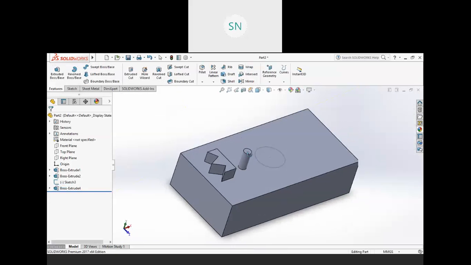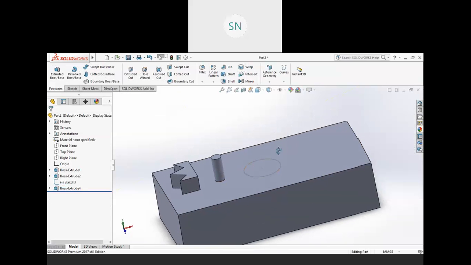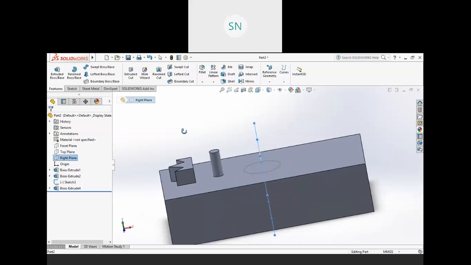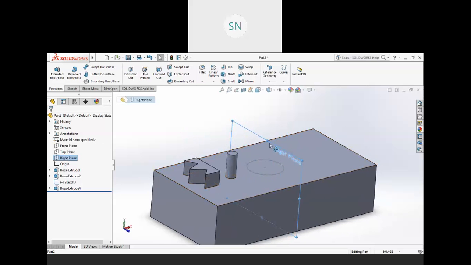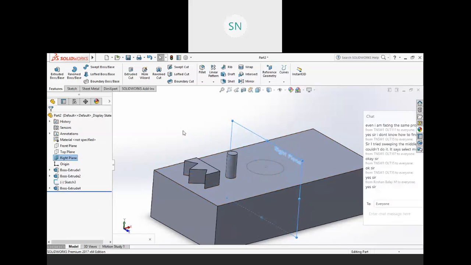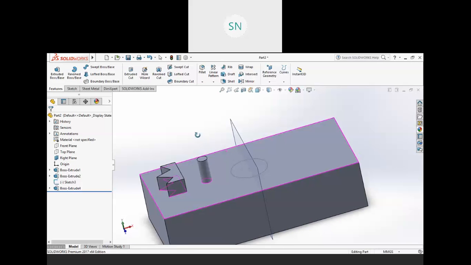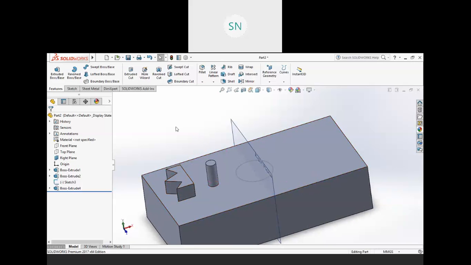Now mirror is also one type of pattern, and to create that you need a mirror plane. We already learned how to create different types of plane, but this time I will use this right plane as my mirror plane. So this right plane we will use as a mirror plane, and this is my mirror object.